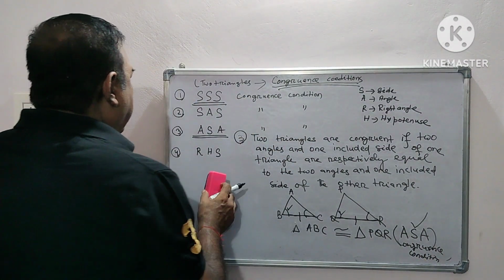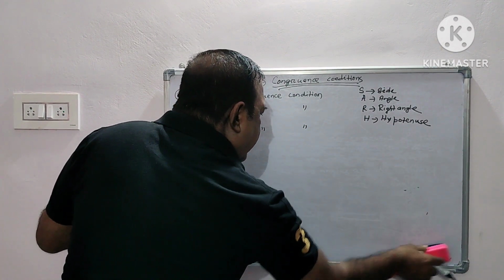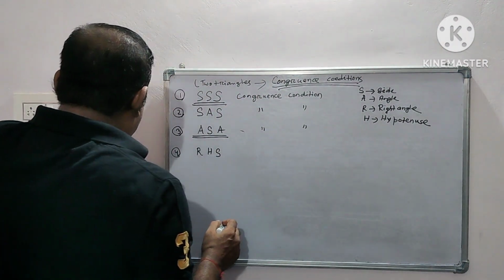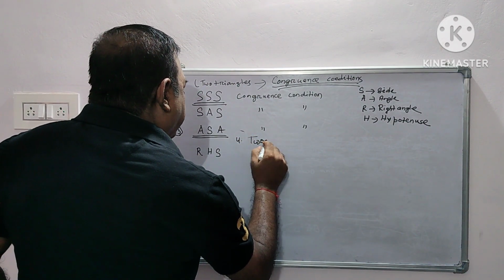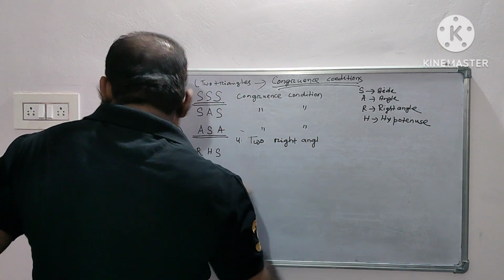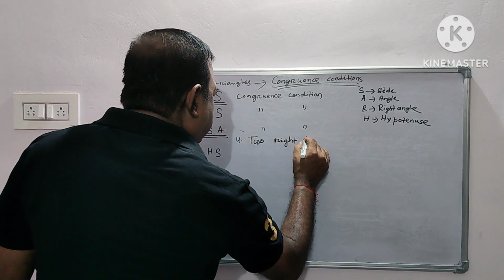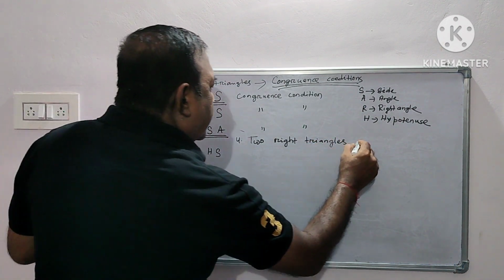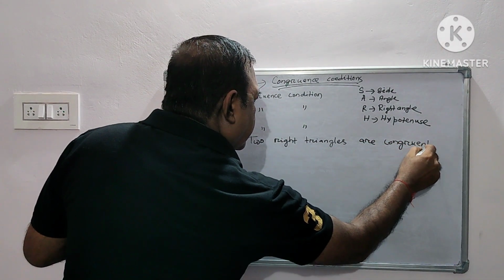So we will move to the last point, RHS. So R stands for right angle. When we take two triangles, we will take two right angles. So this is for case 4. Two right triangles are congruent if